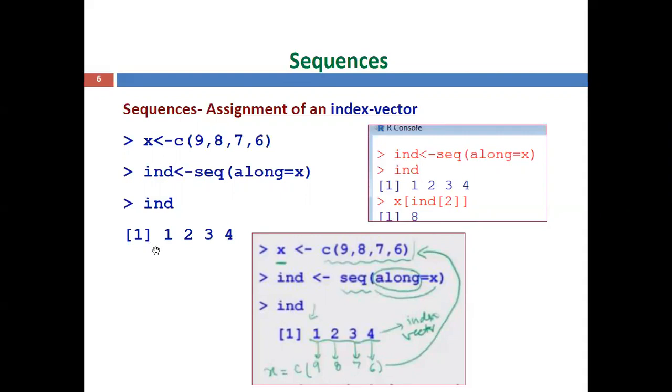Whatever index value you provide, that particular vector value is displayed. For example, here you can see ind of 2, that means index 2. What is the corresponding value of index 2? Here you can see 8. That is the output. Like that, the actual value at a particular index in the vector can be obtained using this command.